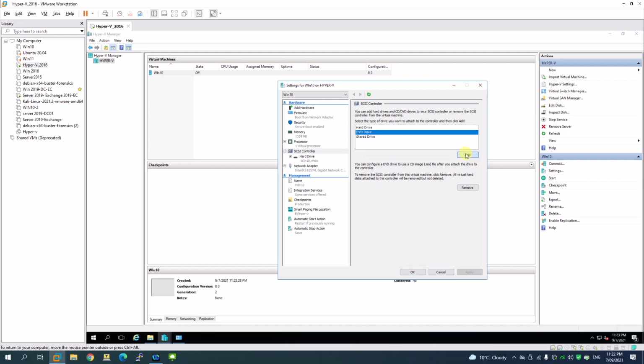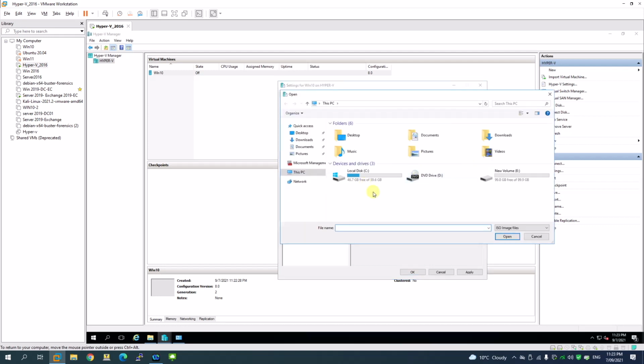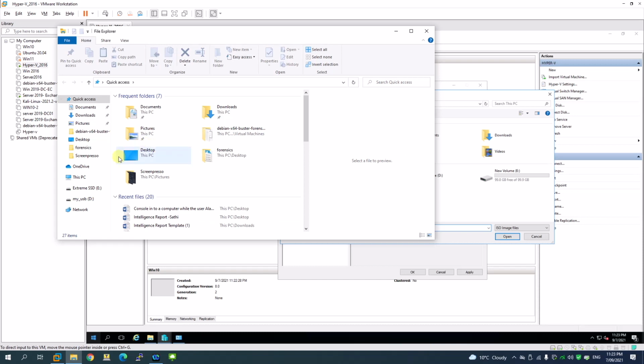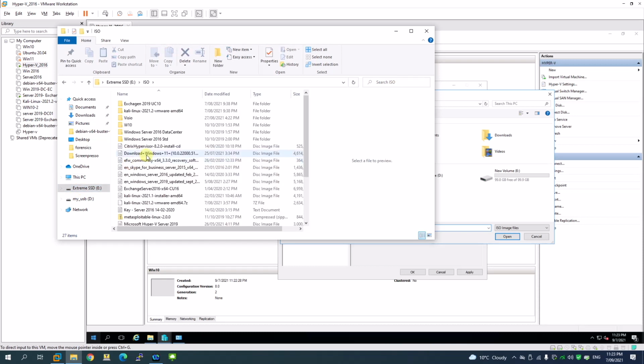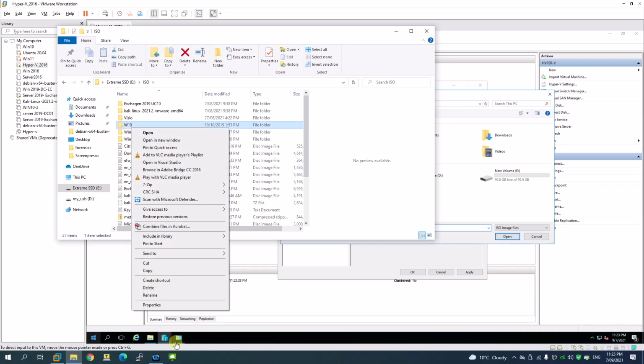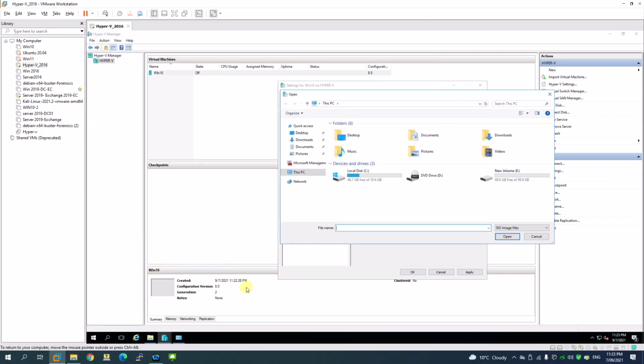So you can add it, right? Click image, browse. But again, remember this is the local machine. So what I'm going to do is get the image file from one of my hard disks, right? So I'm going to copy the Windows 10 image file. Let me copy that and put it into